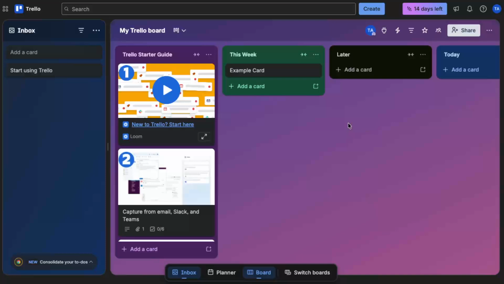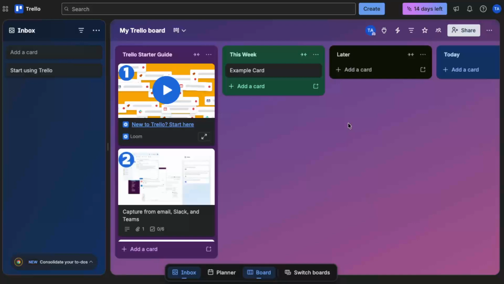Before we dive into the actual clicks, it's important to clarify something about Trello's wording. In Trello, a board that looks deleted is often just closed. A closed board is basically hidden from your main view, but it's not permanently removed yet. That's good news because it means you can still restore it. In this walkthrough, we're focusing on reopening a closed board, which is the most common situation when people think they've